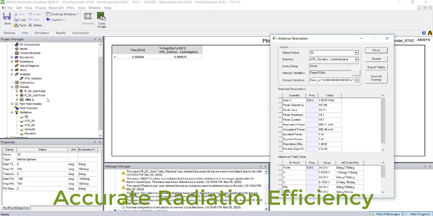Since this is a conductor-made antenna, there is no way the power can be dissipated. Since the copper conductivity is very high, you will not see efficiency reductions. And these are some of the steps we can try to get a very accurate radiation efficiency.